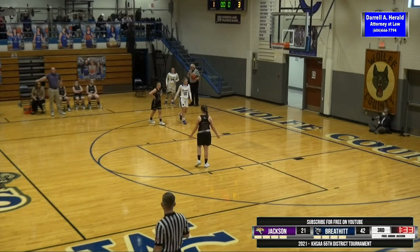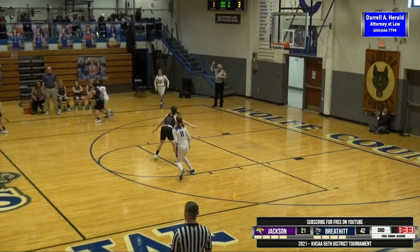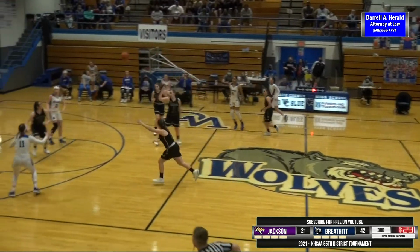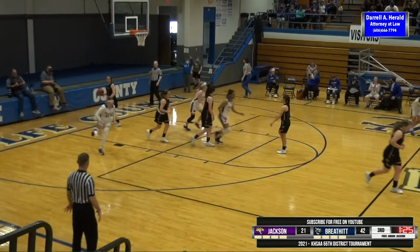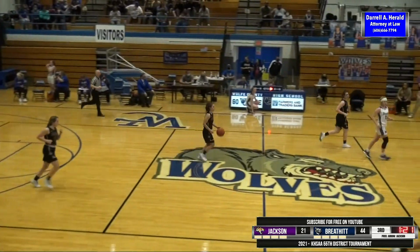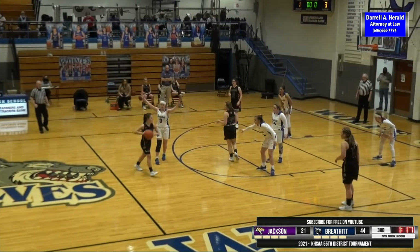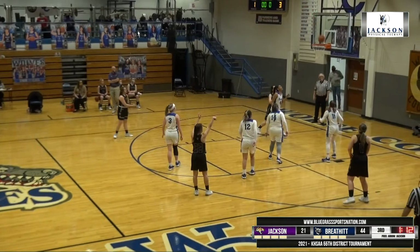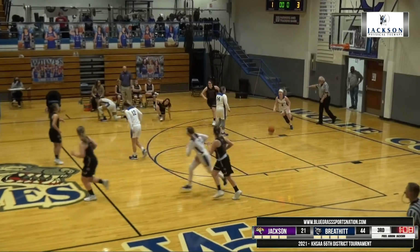It's a danger time now for the Lady Tigers. They've got to, in the first 2 minutes of the fourth quarter, try to get some steals and get back in this because Breathitt's shooting layups right now. And Schutz finds Haddix under the basket, and Haddix puts up another layup. That's good. Turner over to Tincher. Now back to Turner. Turner going to stop, put up a three. No good. She hasn't been able to get one of those to go, and that's usually a